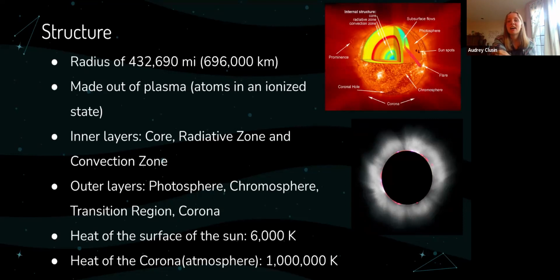But anyways, this is what the corona looks like when you can see it during a solar eclipse. You know, the sun and the moon are pretty much the exact same size in the sky, which is a coincidence, but it's pretty cool. So when there's a solar eclipse, the moon goes in front of the sun and you can see the corona, which is really cool. It's like the layer that's radiating outwards.